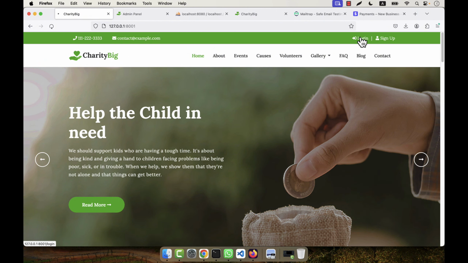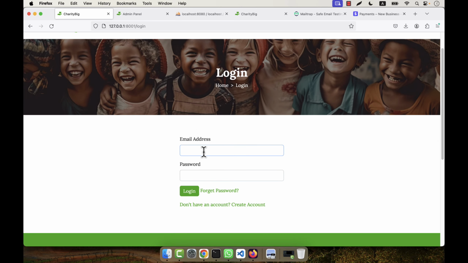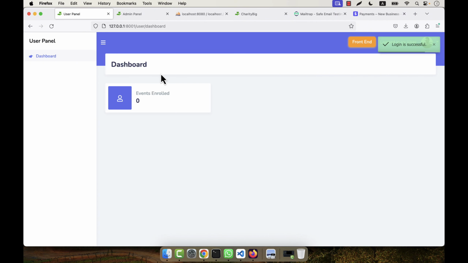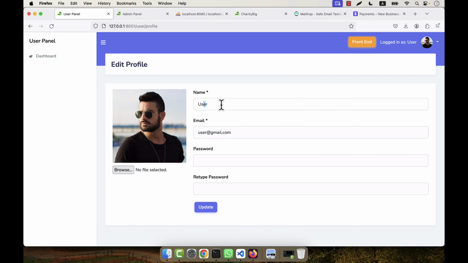I am going to log in to the user panel. So I am going to log in like this. Password is the password, and now you see this is the logged in user, and the user can, for example,